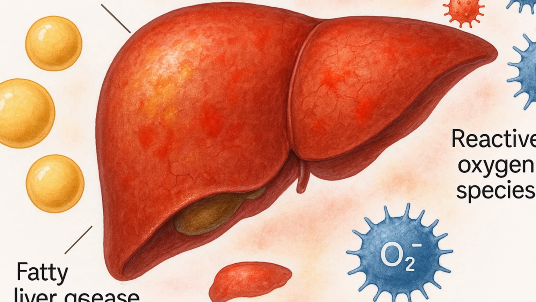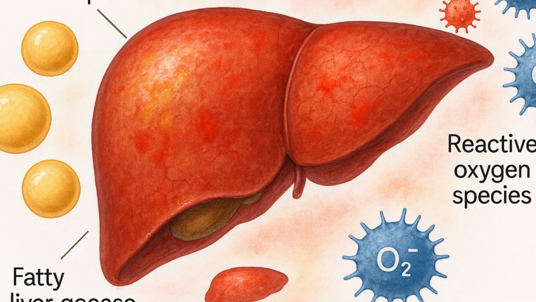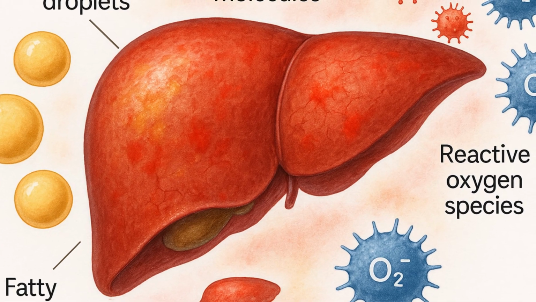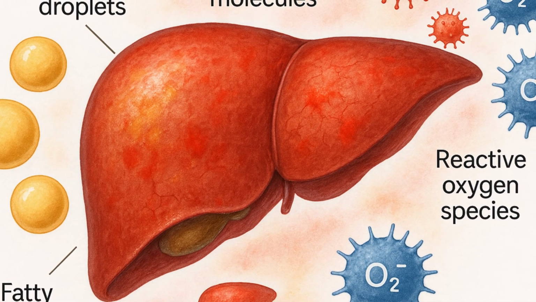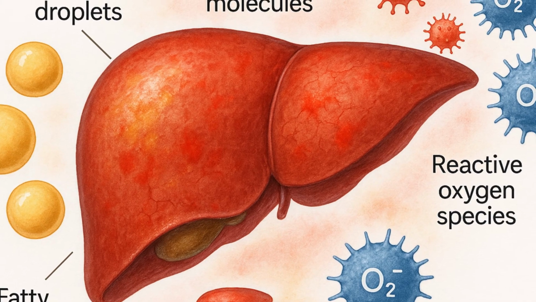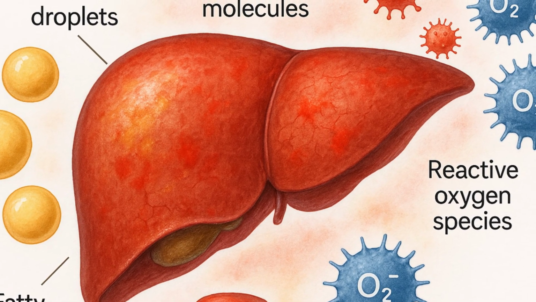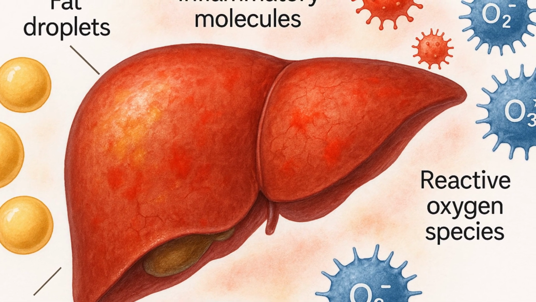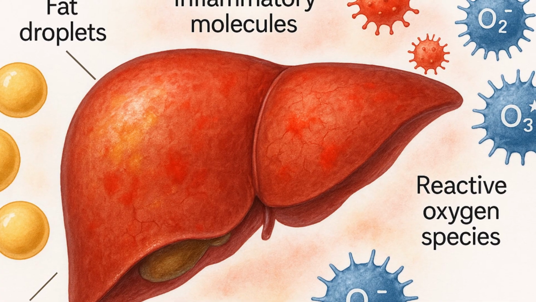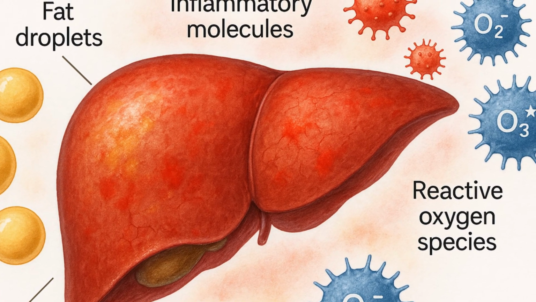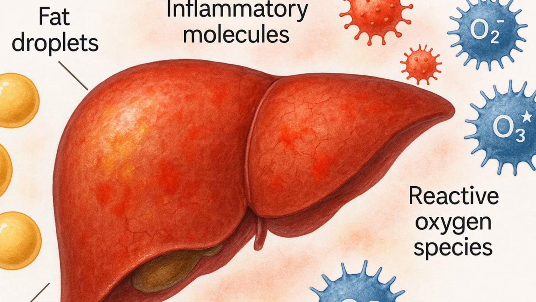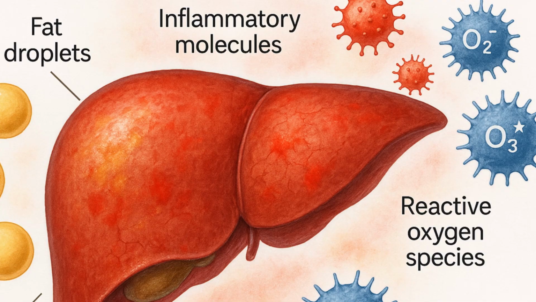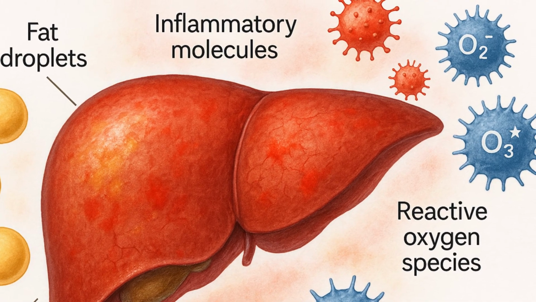When the gut microbiota is imbalanced, intestinal permeability increases, creating what is often referred to as a leaky gut. This allows bacterial endotoxins, particularly lipopolysaccharides, LPS, to enter the bloodstream and reach the liver. Once in the liver, these endotoxins activate immune cells and trigger inflammatory signaling pathways, contributing to hepatic stress and fat accumulation. This process is particularly insidious because it occurs without immediate symptoms, allowing damage to progress silently over months or